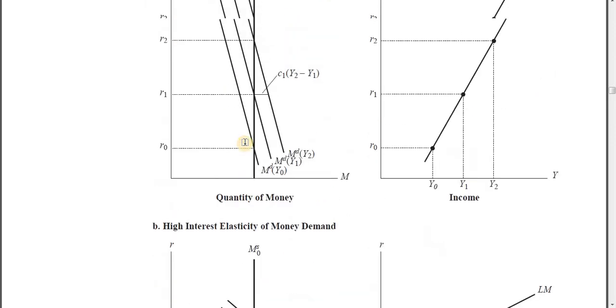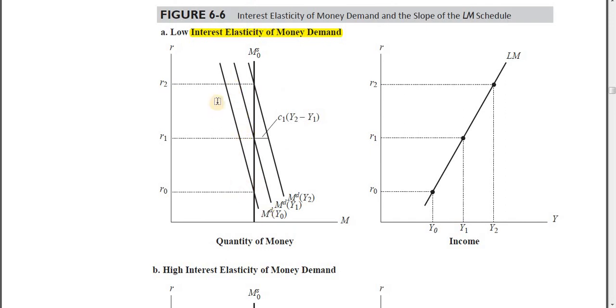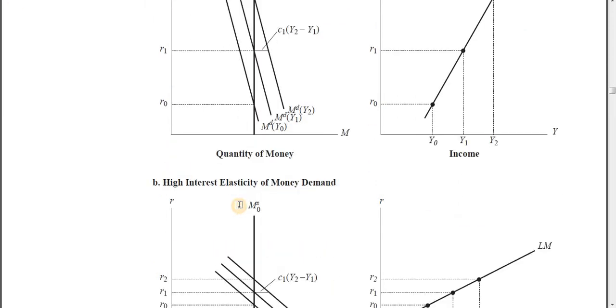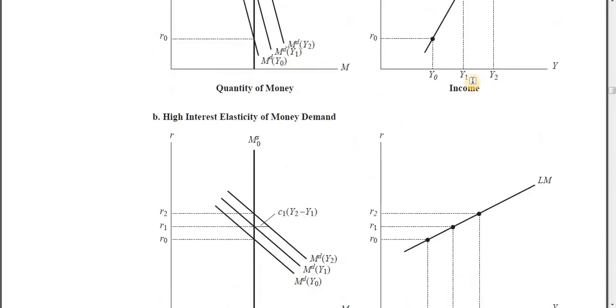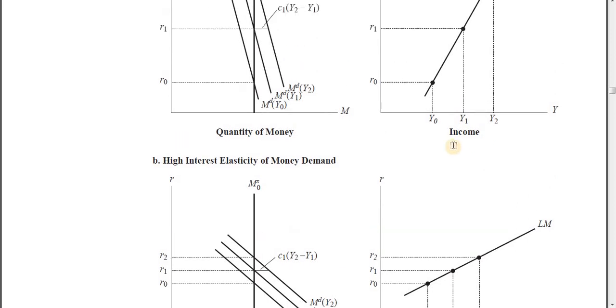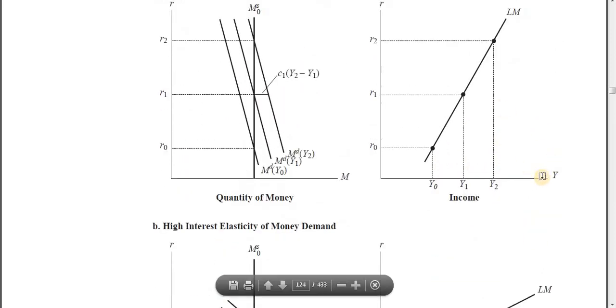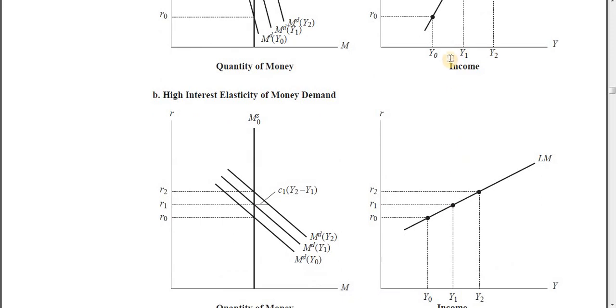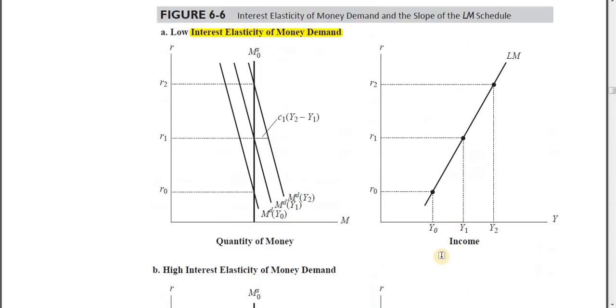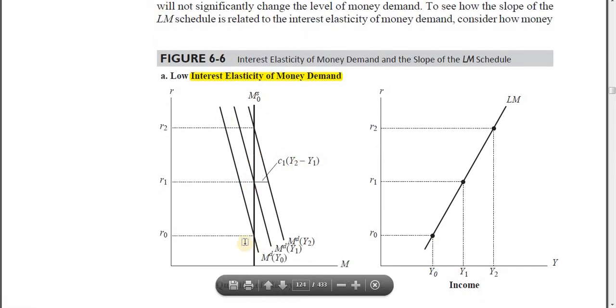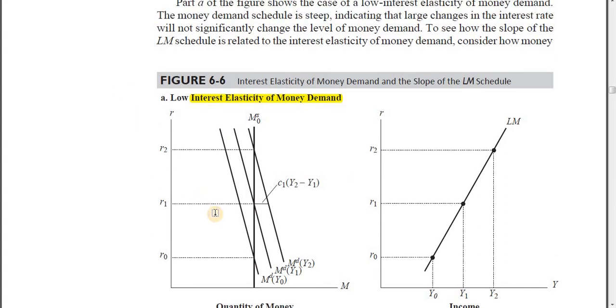But let's have a look at this particular case. Here the money demand curve is very, very steep. It means for a given change in income, in both the cases the change in income is the same. It's Y0 to Y1. As we can see, this width on the x-axis, Y simply means income. So the width of the x-axis, or the width of the income, is the same. So the change of income is the same. All that's different is the shape, or the width of the rate of interest, that we can understand